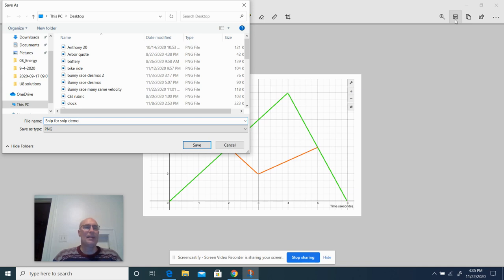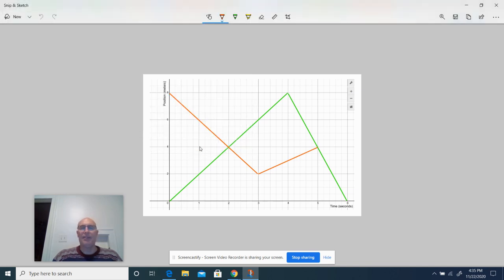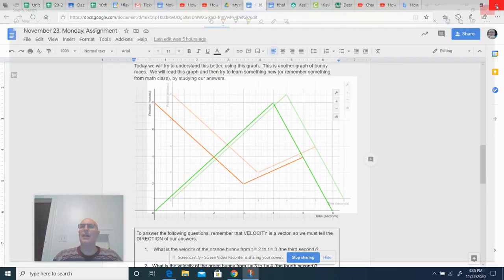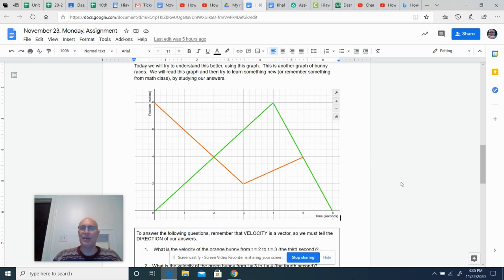All right, so I just made that snip and I'm going to now save that snip. Okay, and now if I want to go back and get that snip and write all over it, I will be able to do that. But if I want to do some writing easier, again, I go down to the lower right hand corner of my screen. I press on the